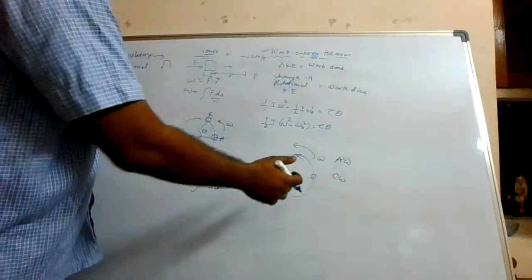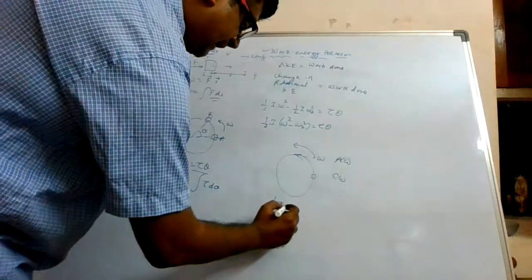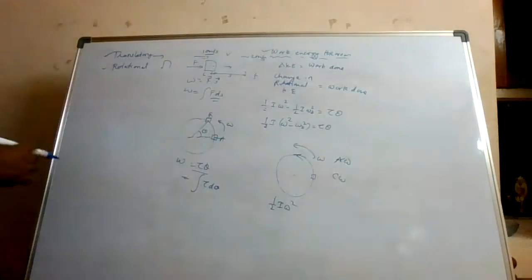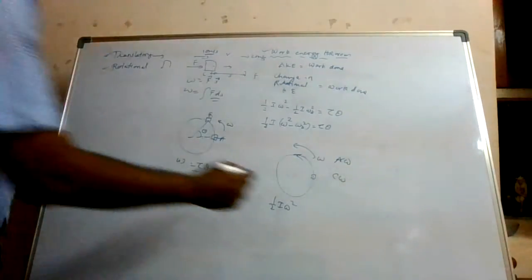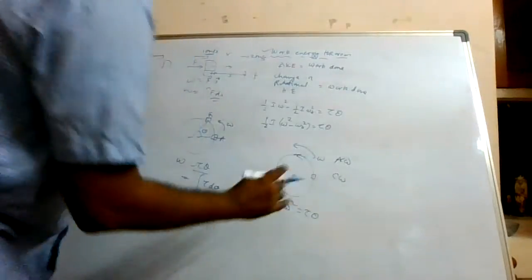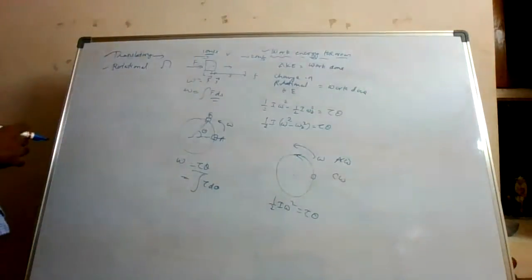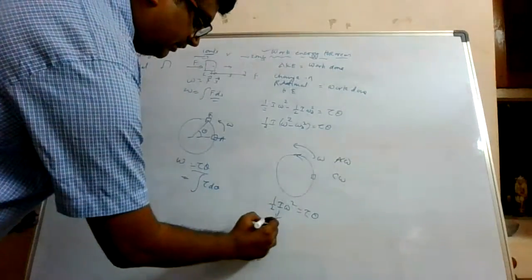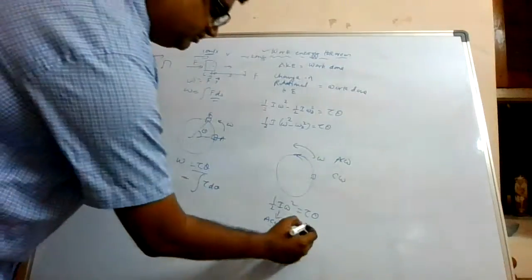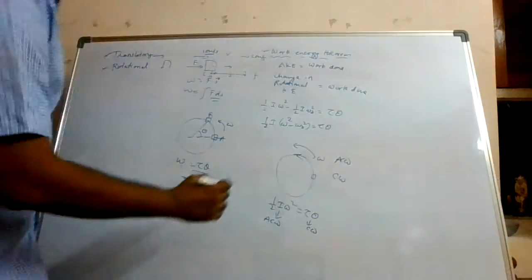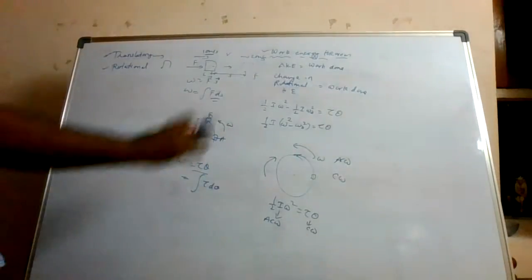Because it is rotating in the anti-clockwise direction, it will have some rotational kinetic energy which is doing the work. So in order to stop it, you have to do reverse work. So it will come to rest. What is this? Anti-clockwise direction, it is rotating because of this kinetic energy. What is this? Clockwise direction, you have applied reverse force, reverse work to stop it.